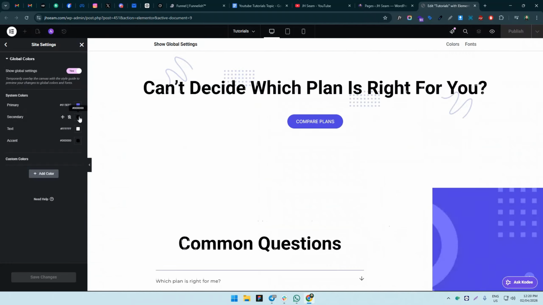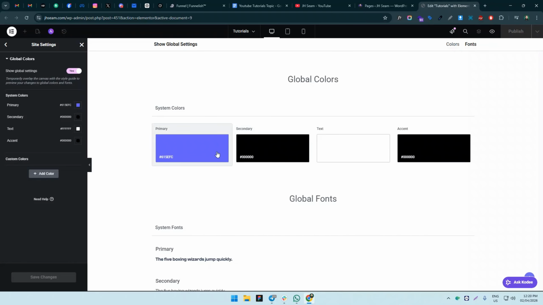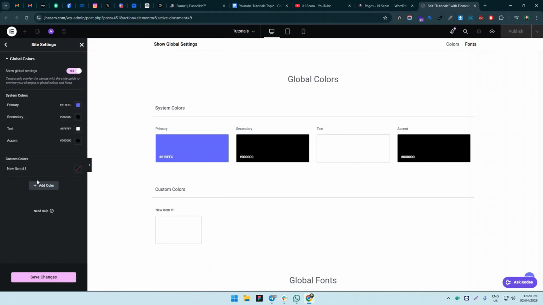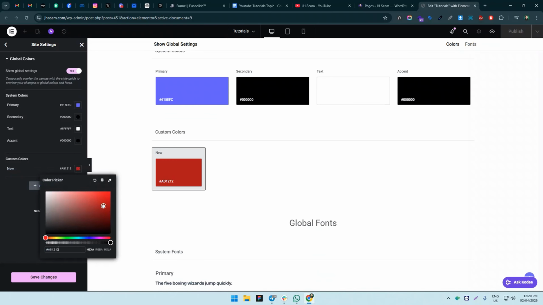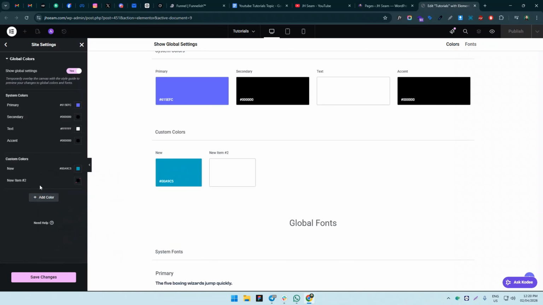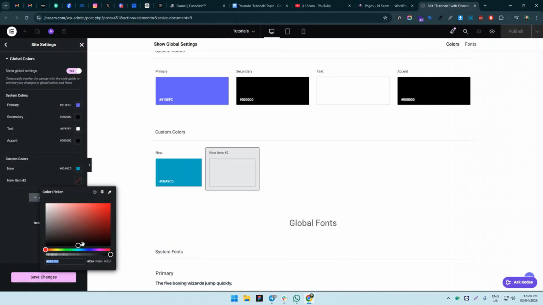Right now I have some global colors. If I add a new global color, like new, and set this color, and also another color like this,